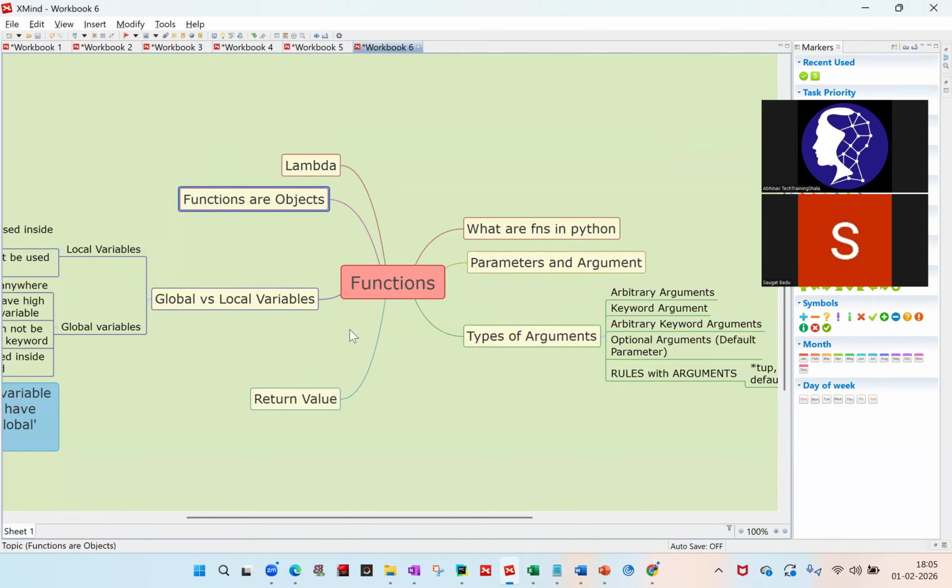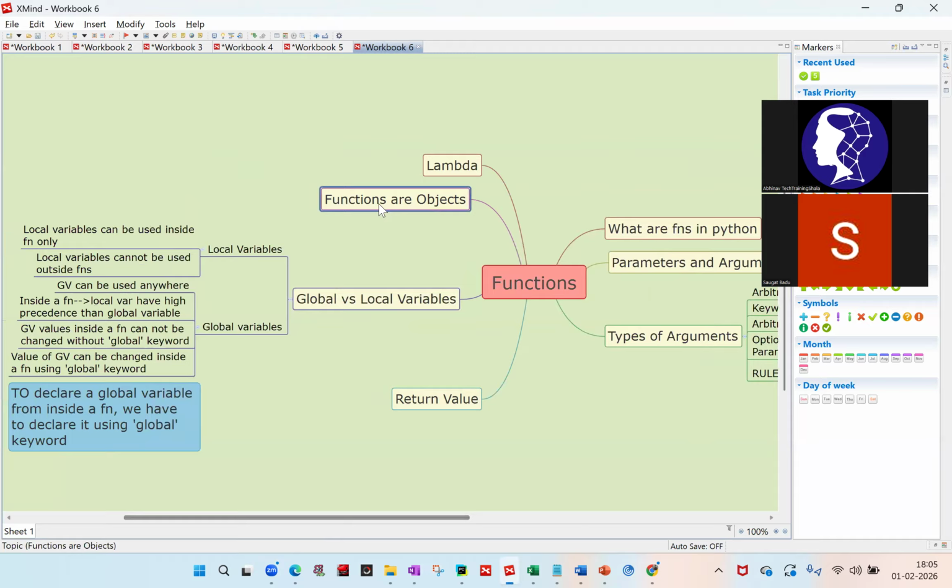Okay, let's start. So we were talking about functions, right? So today what we are going to discuss is objects. Sorry, functions are objects. What does it mean basically? So Python functions are objects, that is first class functions, and the properties of a function as an object are, so first of all, functions